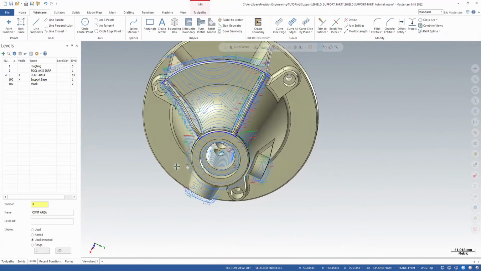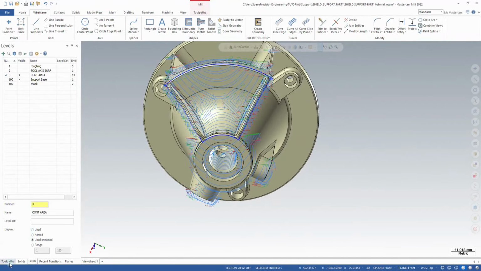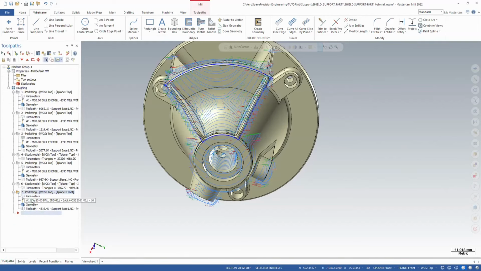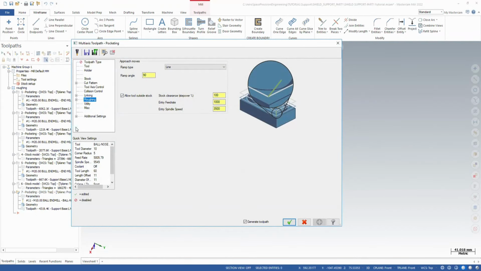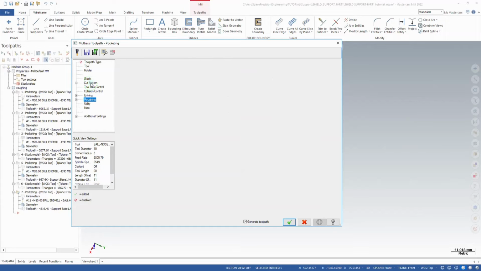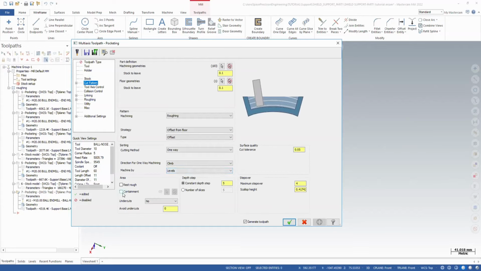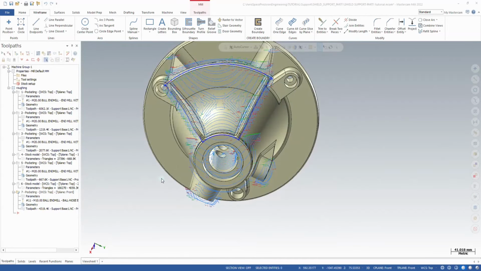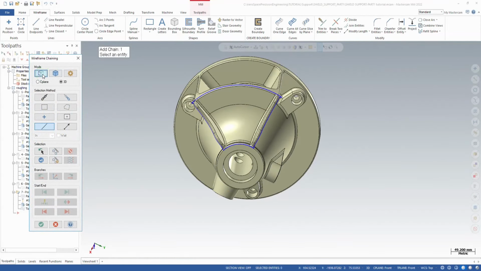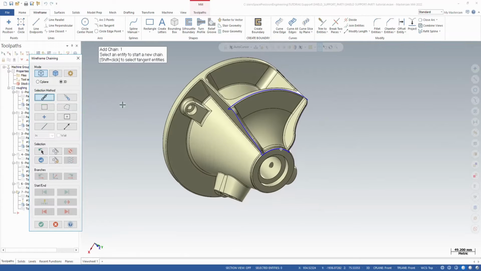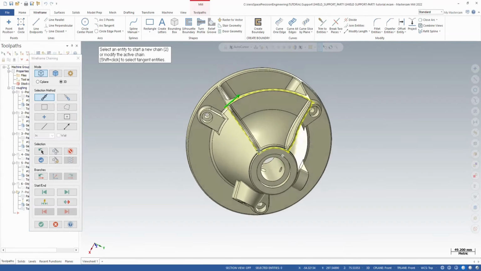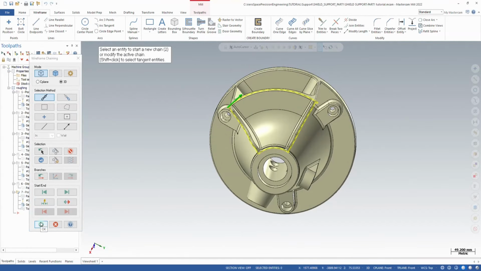Okay, and now let's go back to toolpath, parameters, and then cut pattern page. I'm going to take containment, and as a containment I'm going to select that wireframe I just created. I'm going to use a wireframe and chain, and I'll press on that. Okay,